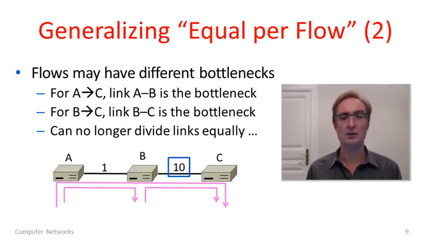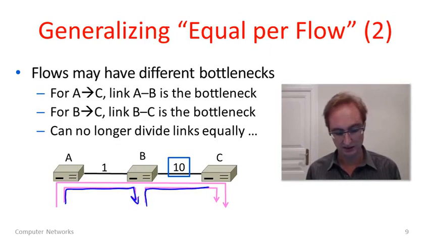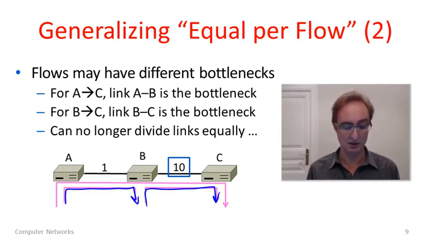In examples which are more general than the first one we looked at, you'll note that different flows can have different bottlenecks. That is, different flows can be limited by different parts of the network. Here we looked at the other flows in the example. If we look at AB and BC, they go over different sets of links, they're disjoint, so they're going to have different bottlenecks. For AB, the bottleneck link is literally that link AB.